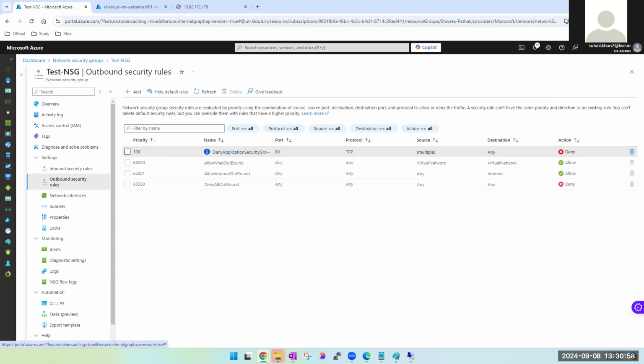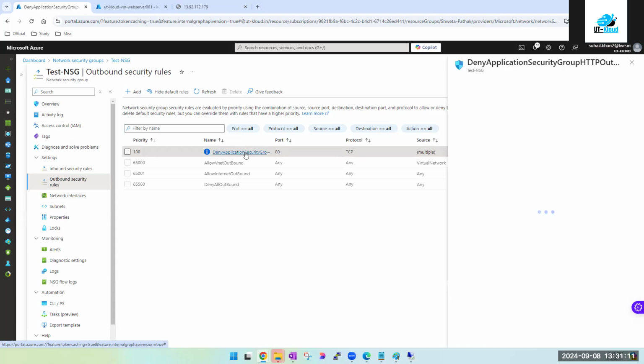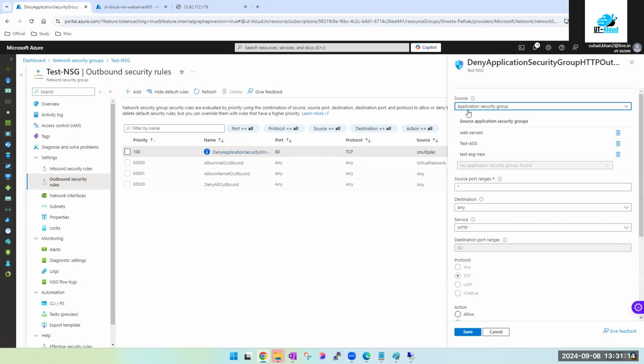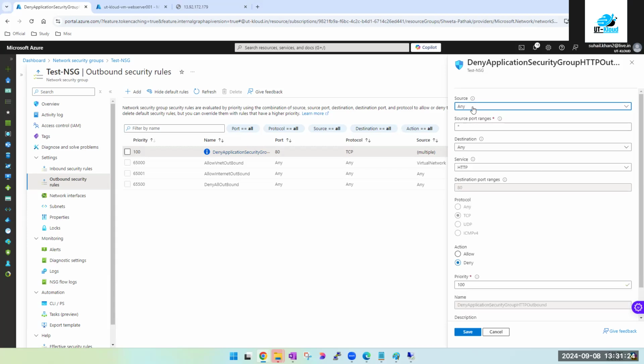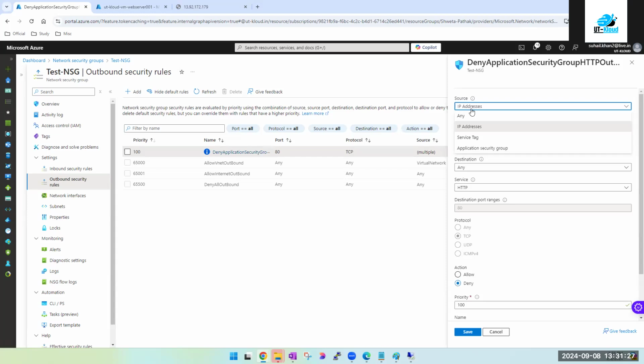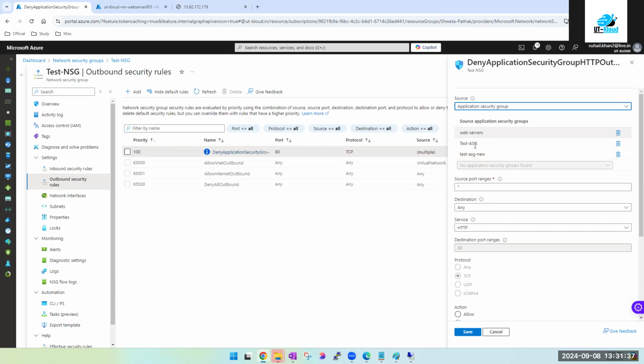Sohail bhai, the application security group rule with priority 100 that we just added, won't it impact all 500 machines? No, it will only impact those 250. Why won't it? If I open the rule, what does it say? What is the source machine? There are 500 sources in your virtual network, in your subnet. All the machines are sources. If I say any, it applies to all. If I say an IP address, it applies to that machine. If I say service tag, it applies by service tag. And if I say application security group, it applies only to machines on which this application security group is attached. Okay. Got it, guys?